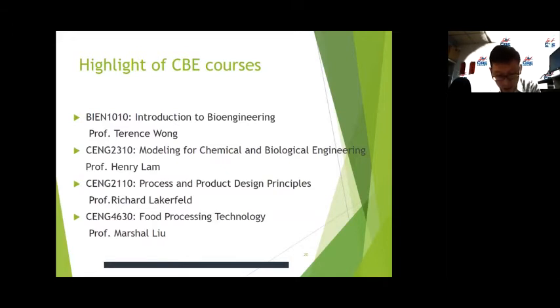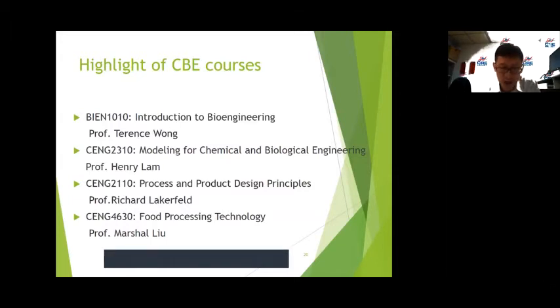Actually, one student is working with me. It's Matty. I still don't know whether he's here. He's working with me to use freeze drying for seafood. Actually, he's participating in some competition. So all this you can try, and then you find the application of chemical engineering in the food area is so amazing. So food actually is a wide field for chemical engineers to excel. So that's all I want to share. Thank you.